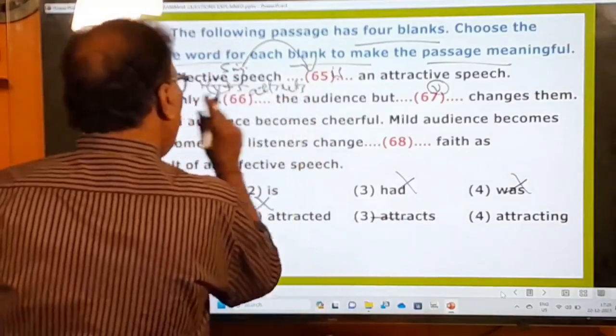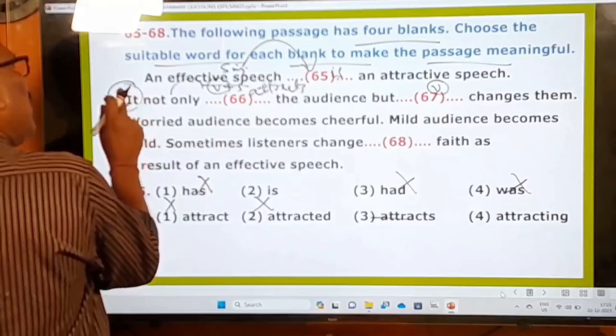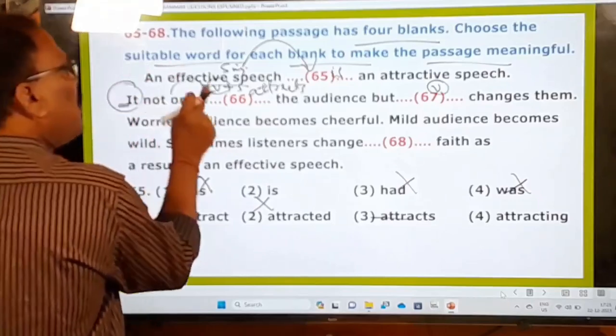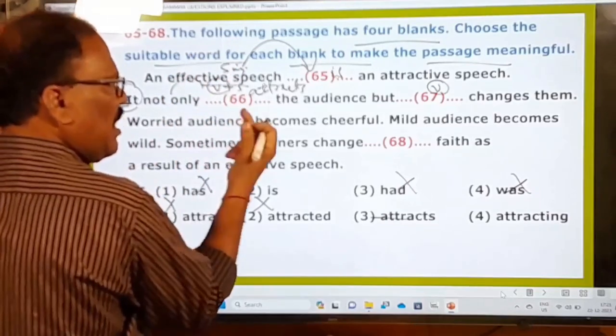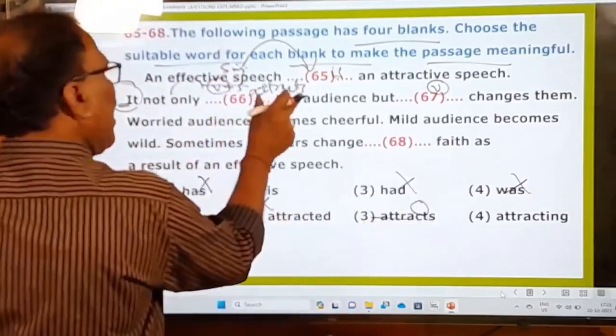See, some clues are also given because this is a simple present tense, and it is in the third person singular. So after "it" you must use a main verb with s. So here attracts is there, s is there. So it not only attracts the audience, but